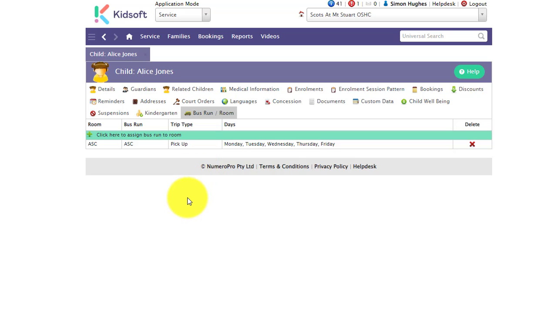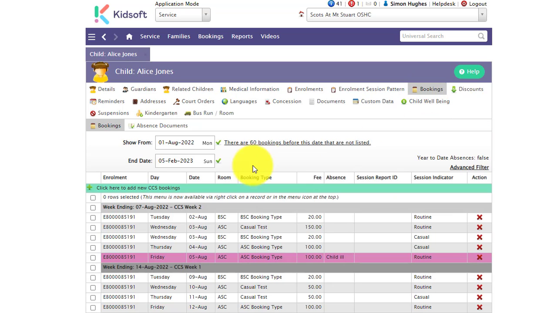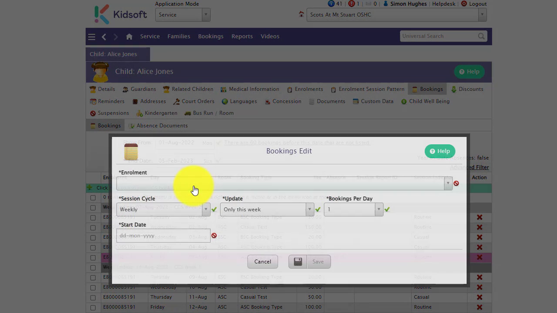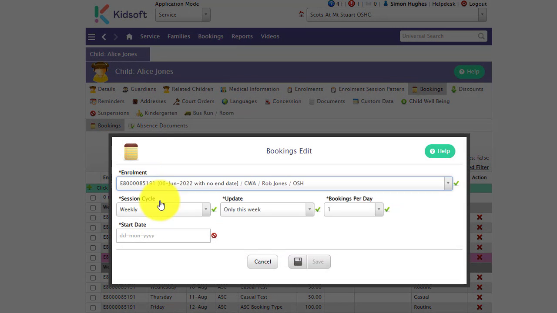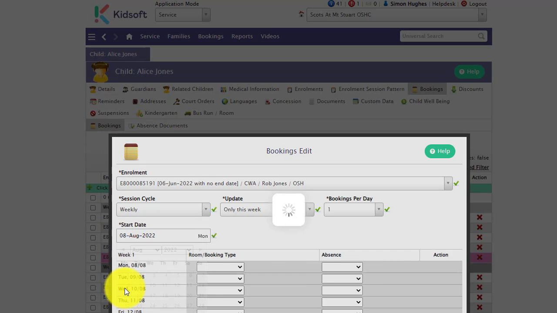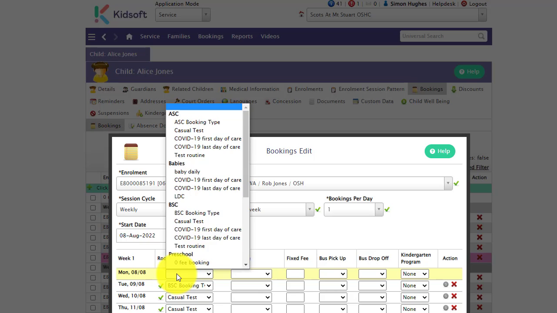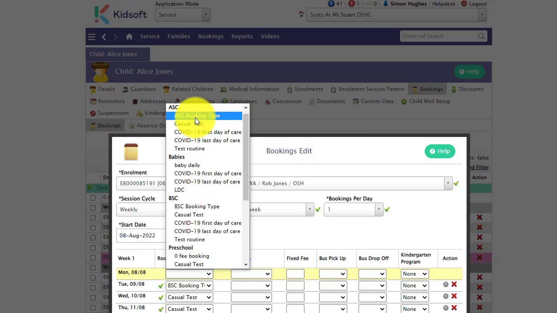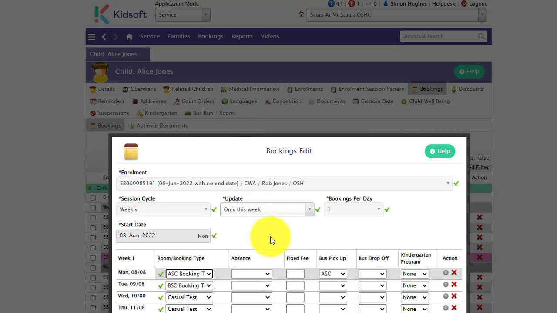Now that you've set up that bus run room configuration on the child's level, when creating bookings for the child, whether this is in the parent portal from the parent or whether it is from a Kidsoft user, when selecting a booking type assigned to a room, you will now see the bus run automatically assigned to either the bus pickup or the bus drop-off column. This can be edited at any time,